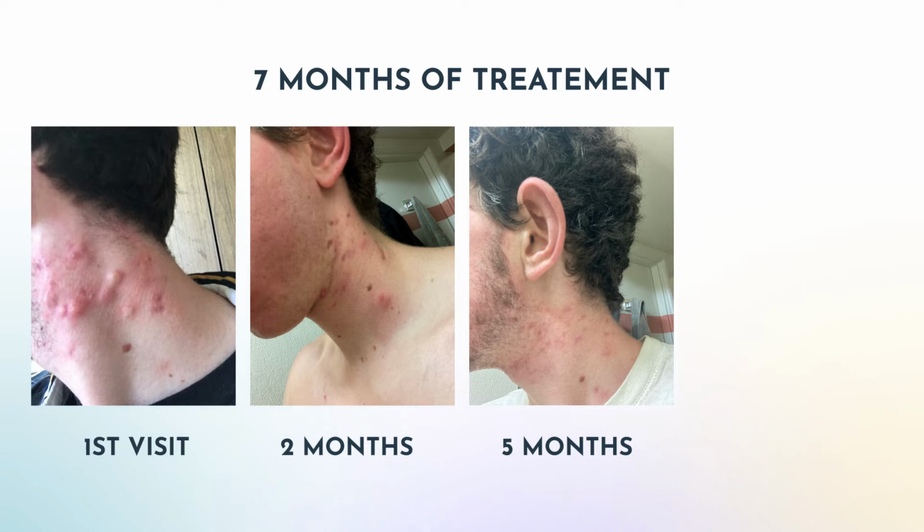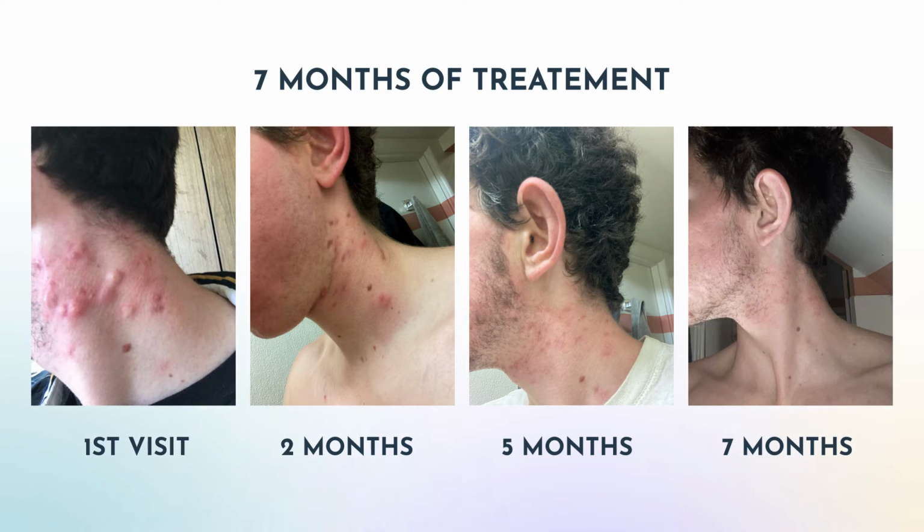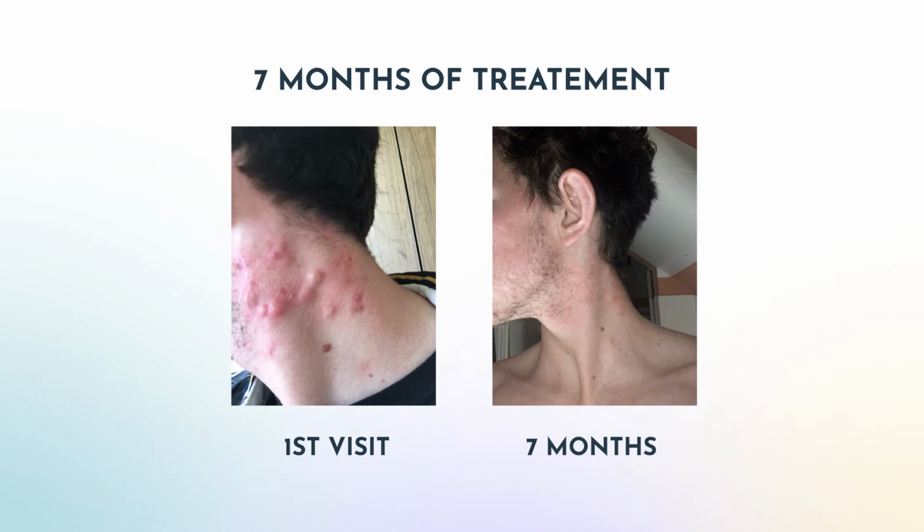Now we're not really seeing any pustules or active lesions at all. This is what we call post-inflammatory hyperpigmentation and scarring, PIH. But this is great because nothing is active. And then here, after 2 more months, so total of 7 months, the skin has really repaired itself so much. And I think if you look back at the first photo, you would never think that this individual 7 months ago was having this kind of dramatic nodulocystic acne.